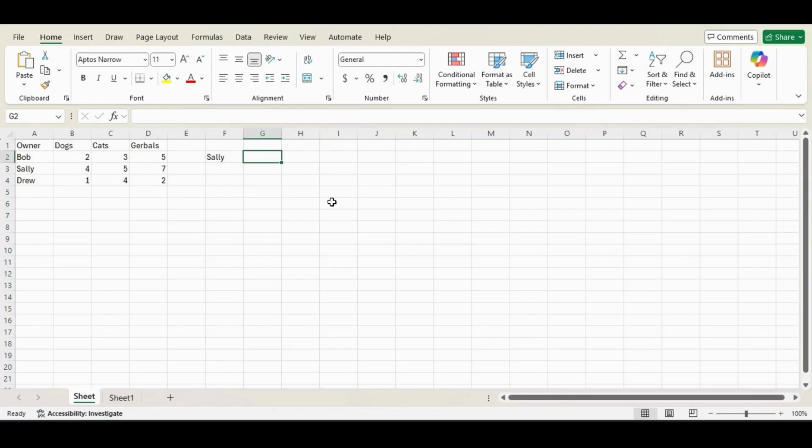Hello everyone. Today we are going over the index match function, which is actually the match function inside the index function, and we're going to be using it to figure out how many dogs, cats, or gerbils that Sally has. And obviously you could just look at this and tell, but this is going to explain how the formula itself